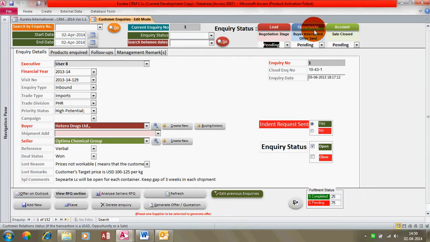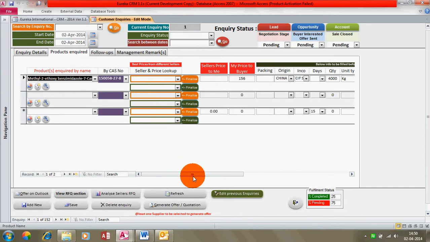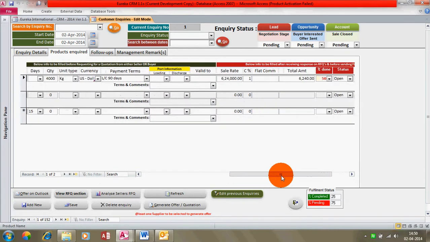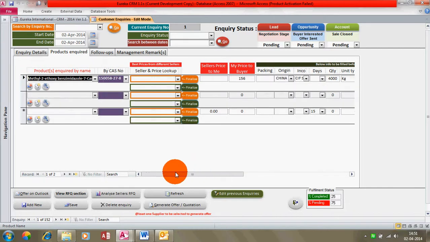Second is the opportunity stage. This is when a buyer shows interest in your sales pitch for the products and the terms and conditions which you are offering him. That's the time when he will tell you, okay, please send me an offer. So when an offer is sent, this status from pending will change automatically to a work in process status.